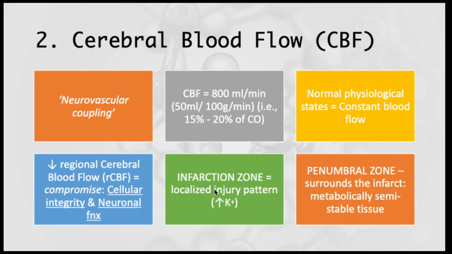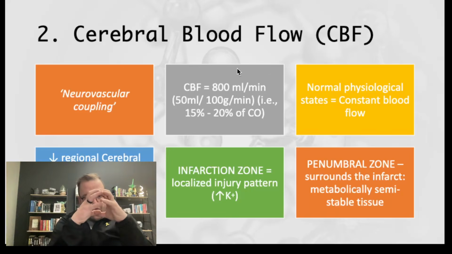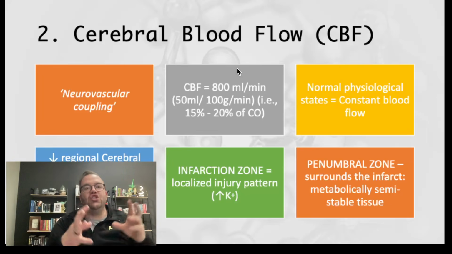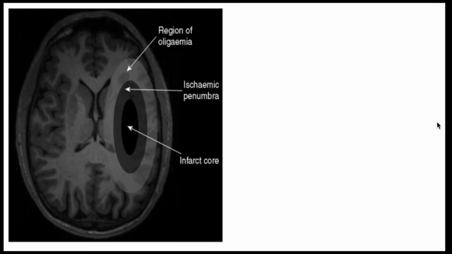And that infarction zone is where there is localized tissue injury with hypoxia, tissue death, cell death, and leakage of particularly potassium and hydrogen ions. But surrounding that, there is what we call the penumbral zone. That is an area around the infarct that is still perfusing, but is ischemic. It is not infarcted, it is not dead yet, and that is potentially salvageable. So if you have a look at that over here,